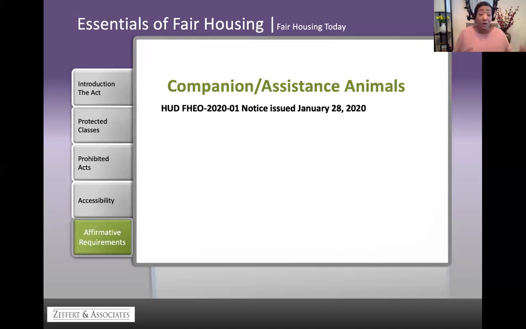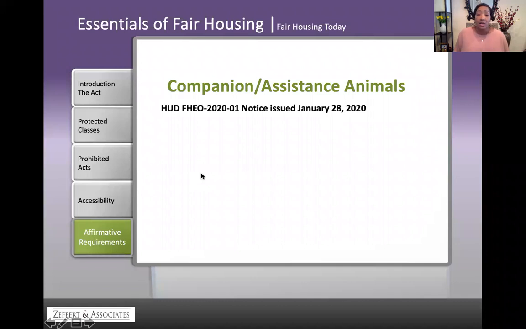However, if you notice, that gray box speaks to doing your due diligence. You've got to look at all avenues before you deny a reasonable request. You want to do what you can, you want to help them. You just might not be able to. And so you have to make sure that you're able to demonstrate that, should it even come up as a question with HUD, why we weren't able to do it.